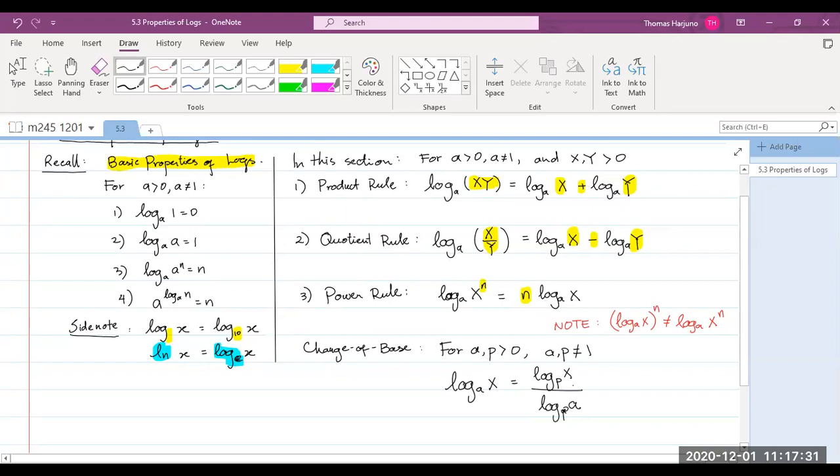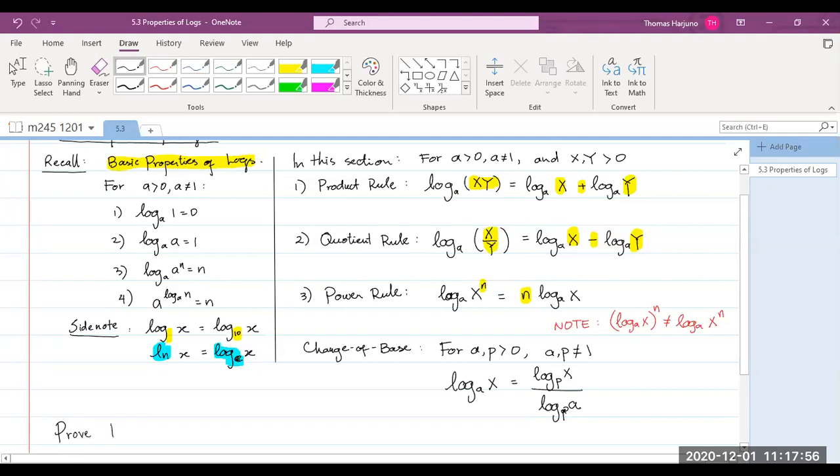Now, this is what I will do. I will prove the first and the third rule. Hopefully, using those proofs, you can feel more about the nature of those properties. And then we'll do problems. Start with change of base. Proof. For the first one, proof